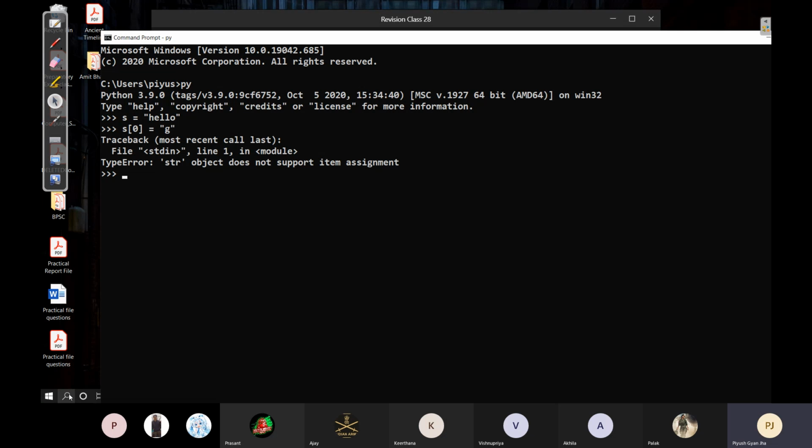String object does not support item assignment। That means using assignment operator you cannot modify a string and its contents। So this is the reason why string is immutable. That means using assignment operator you cannot modify a string or update a string once defined, ठीक है।